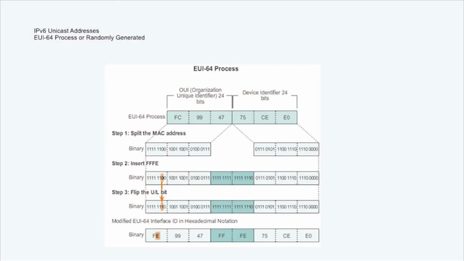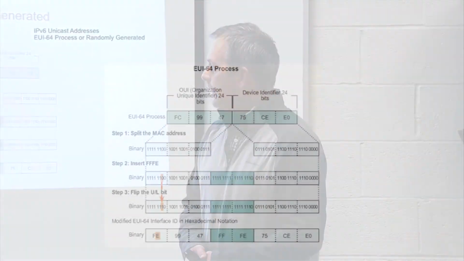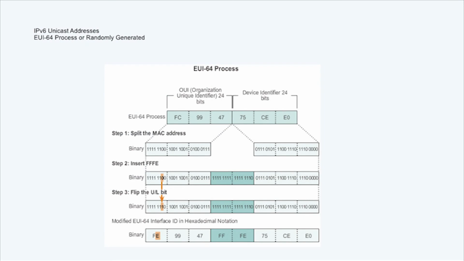So what is this EUI-64 method that we keep talking about that generates these IPv6 addresses? Quite simply, we can have the hosts generate their own IPv6 addresses automatically with no help from an outside source like a DHCPv6 server. That's done by taking the 48-bit MAC address and combining it with FFFE,